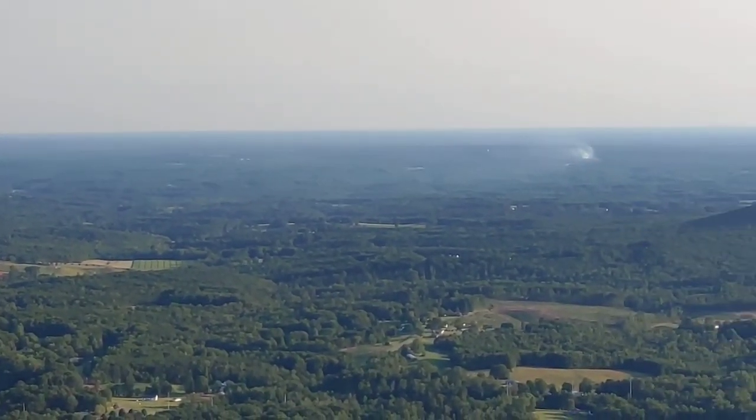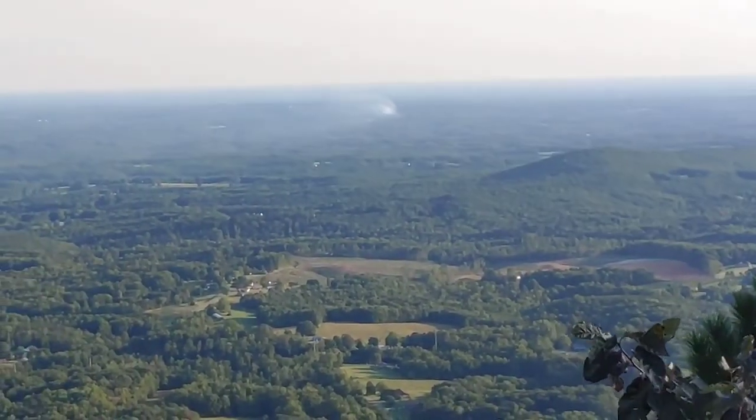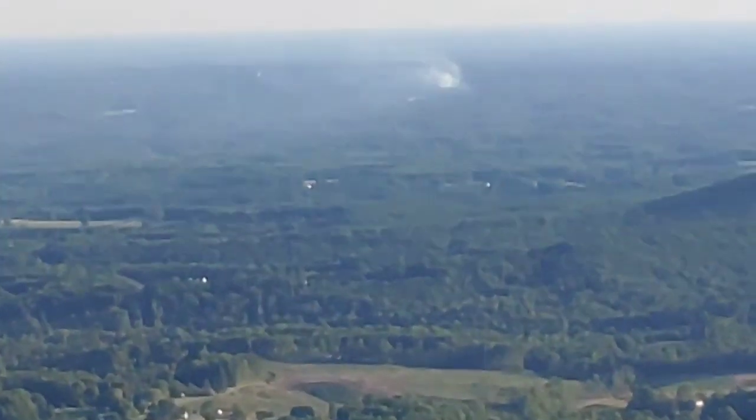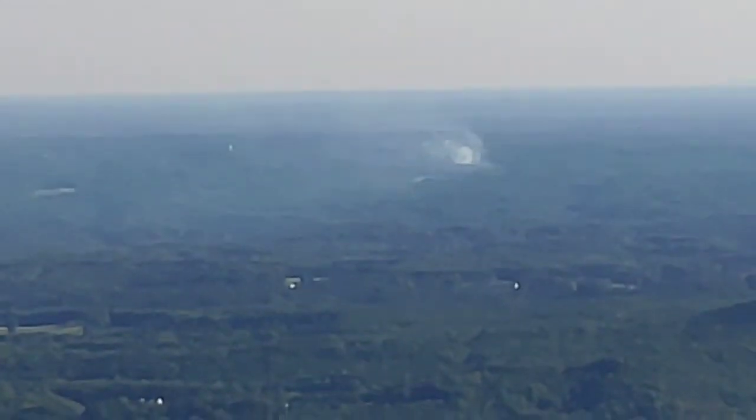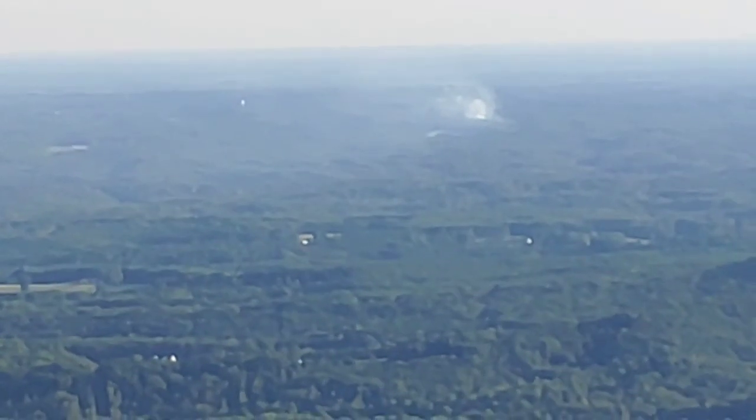That's actually one of our neighbors burning a big brush pile. So I'm going to zoom in here. I don't know how far this thing will, but anyway, I'll put an arrow to just about where the house is. You can see